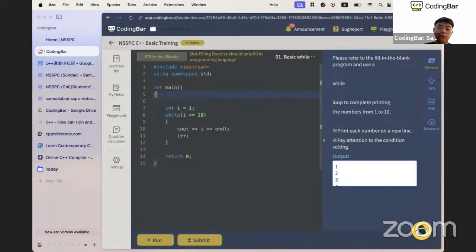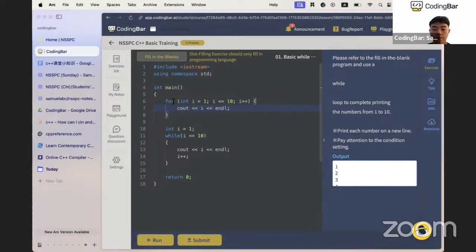So for example, let's look back at the template for loop. Integer I equal 1, I smaller equal to 10, I plus plus, then it prints out I. So in order to change this into a while loop, we can move this integer I equal 1 outside. Move this outside, and then move this as the condition for while loop. So you write while, and then the condition will be I lesser equal to 10. And then